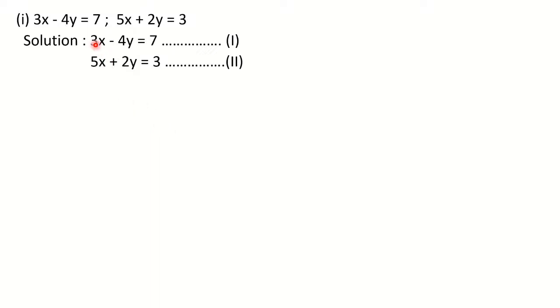If you try to equate the coefficient of x, you have to multiply both the equations. Instead, try to equate the coefficient of y. You will find that here 4 is a multiple of 2. 4 comes in the table of 2. So if I multiply equation number 2 by 2, then here I will get 4y, and then we will get equal coefficients. So think that way. If you try to equate x, you have to multiply both the equations, so avoid that. Here we will multiply equation 2 by 2 so that we get equal coefficients for variable y.